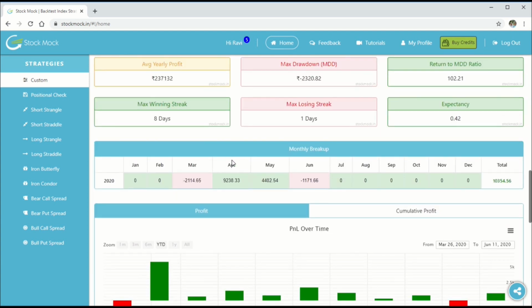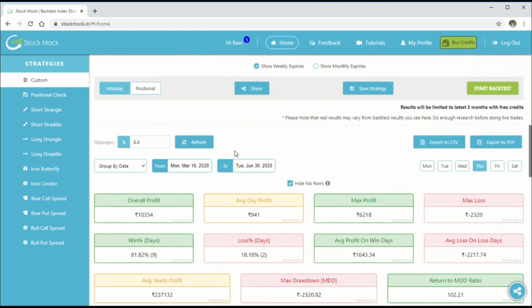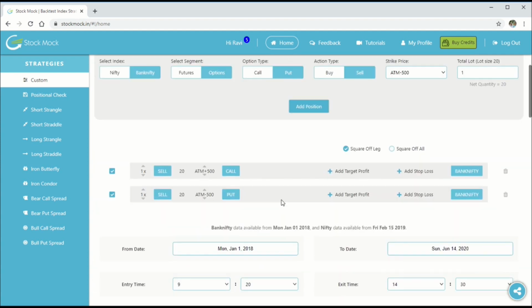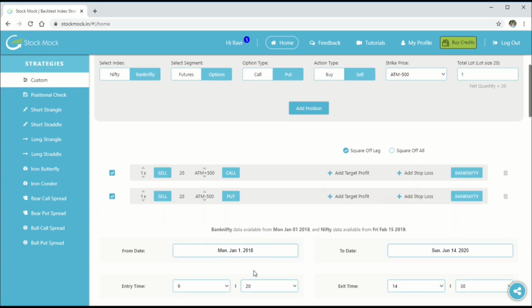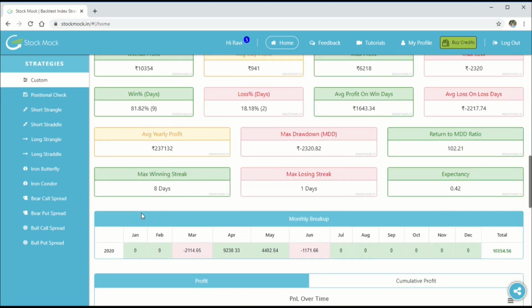And before concluding this particular part of the video, I would want to talk about one more thing. As you can see in my previous videos, the color of this particular credits bubble was green, and now it is blue. So there is a difference between those two. And you would have also observed that I have provided the date here as 2018 to 2020, but I got the results only for the most recent 3 months.